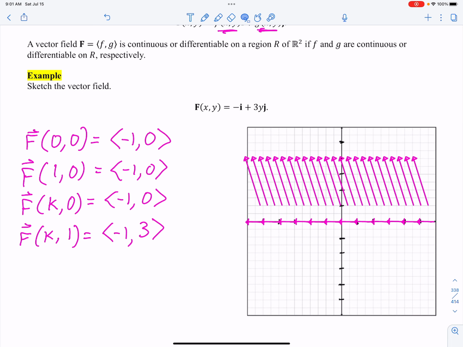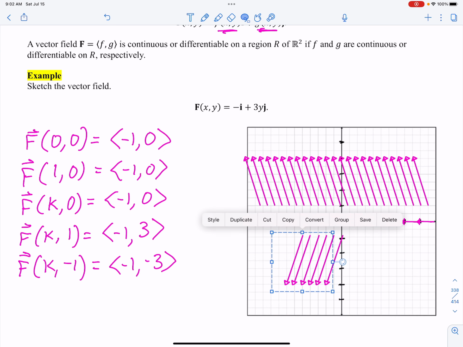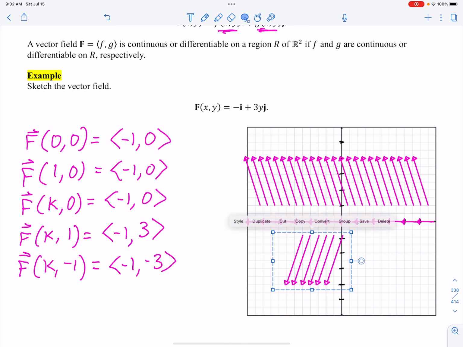And then we also have vectors going down this way in that same manner. Right? Because if I were to let k be -1, I'm going to get a -1, -3. So it would be this vector going in that way. So we can start seeing the picture here. It looks like it's some kind of pushing everything out, and let's think about as we get further out away from the